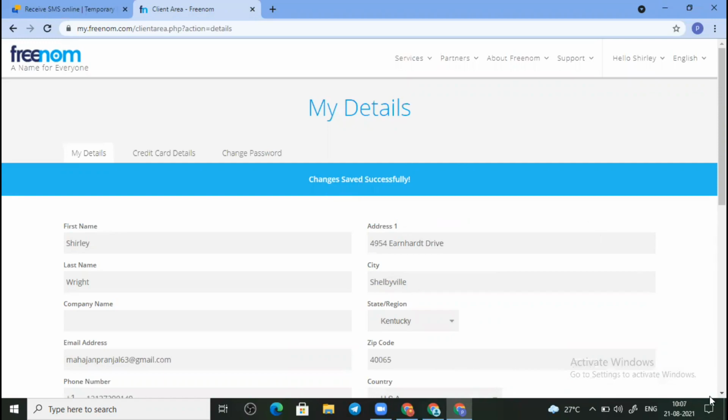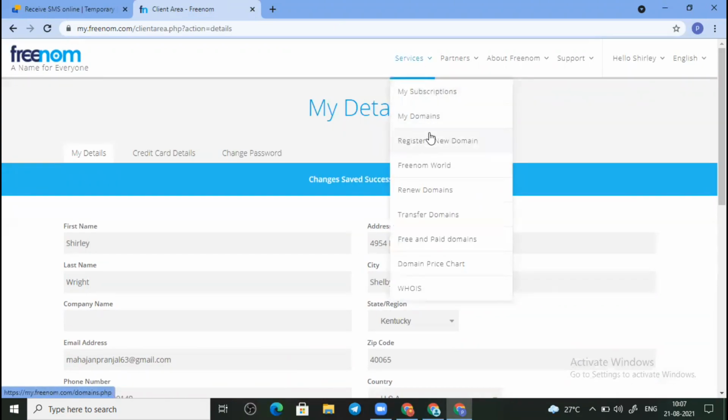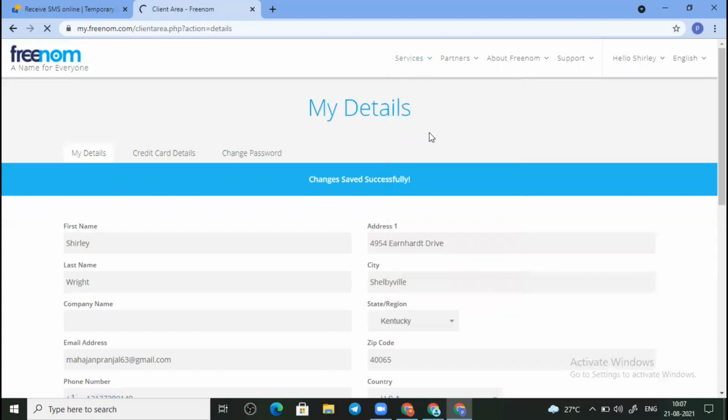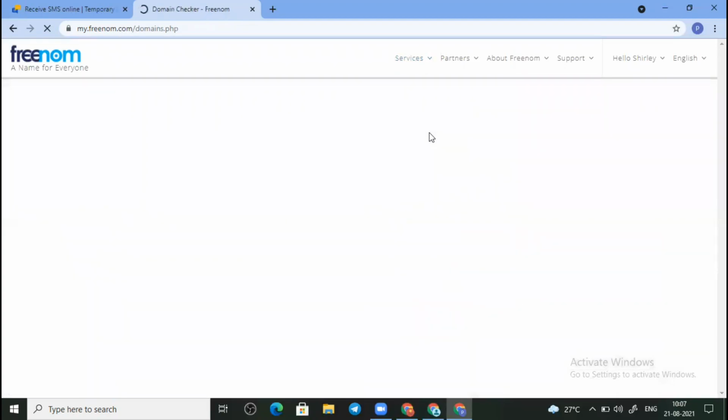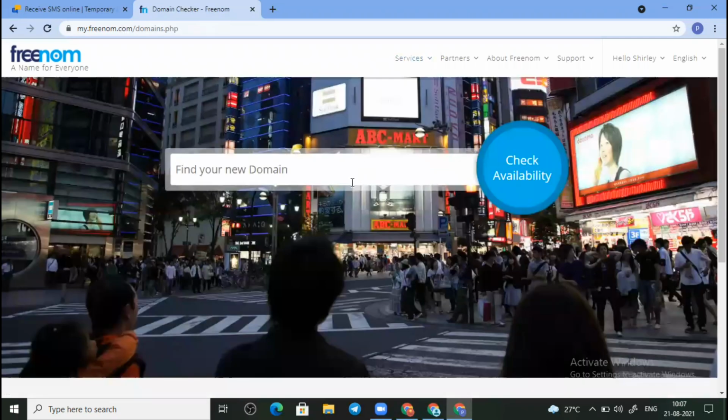Now just click on the services and say register a new domain. And again find your domain name there. You can directly write with its extension or without it as well.